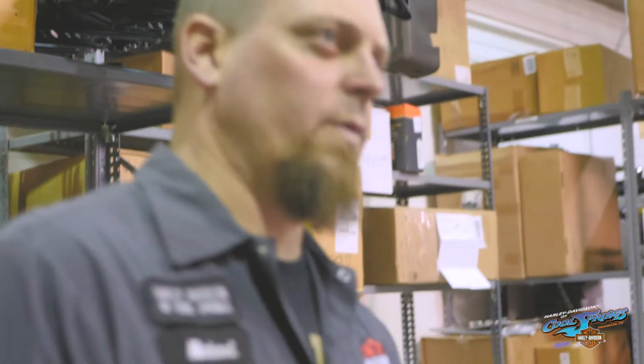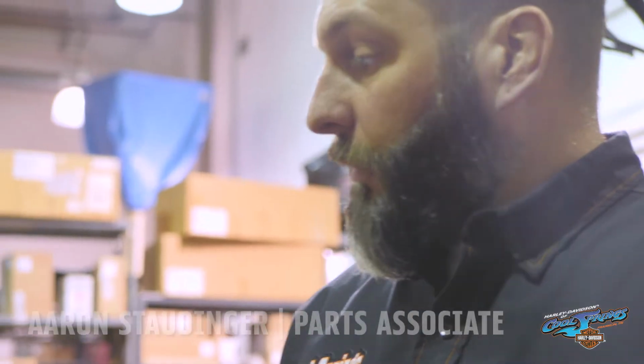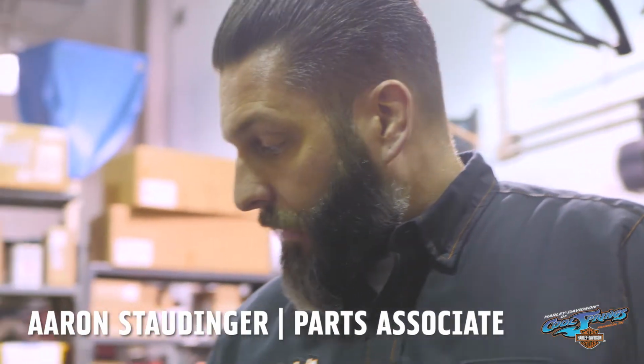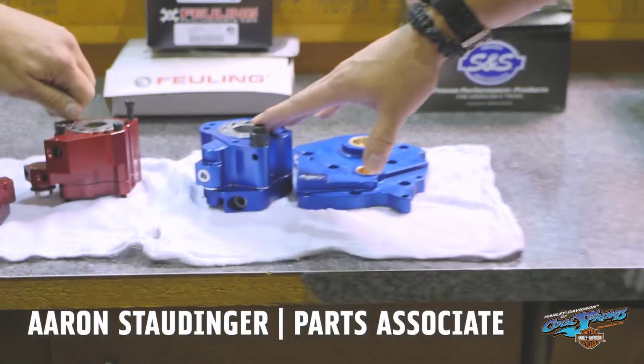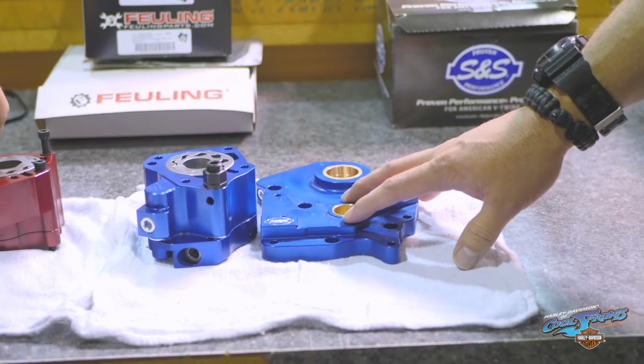And I believe this comes with a standard relief spring, right? 32, 35 pounds. You can get heavier springs to go inside the oil relief to increase the relief pressure if you want, but usually it's not that necessary. But Feuling was the first to emerge on the market as an aftermarket replacement. S&S now has come out with this plate, second on the market. Actually, this is only, I think, the 2nd or 3rd unit in the country that's been made available, and S&S was kind enough to...